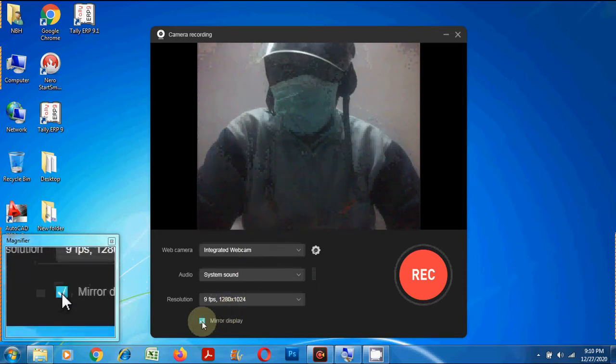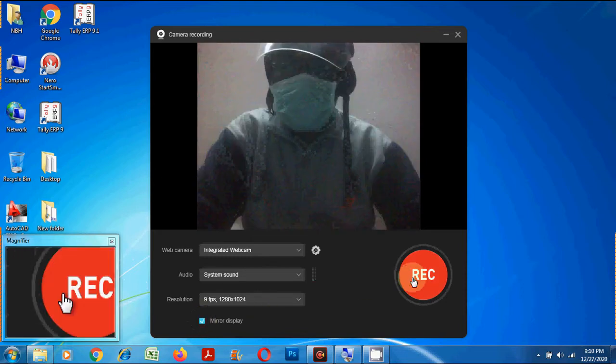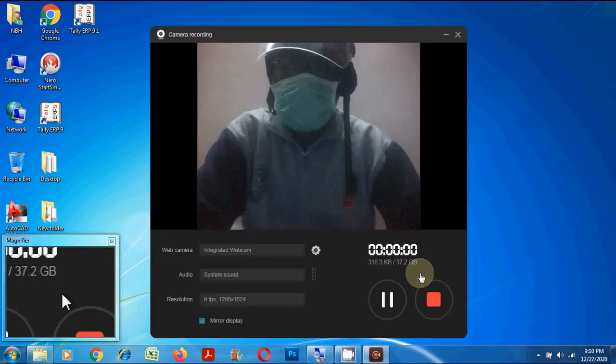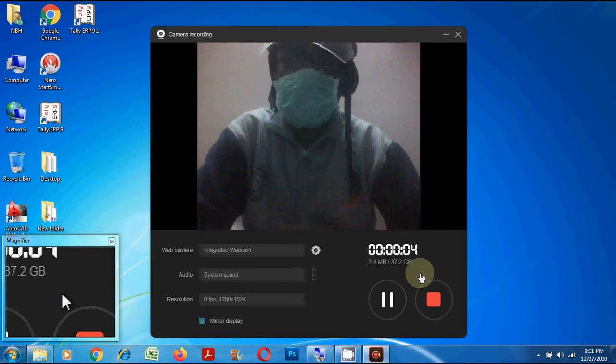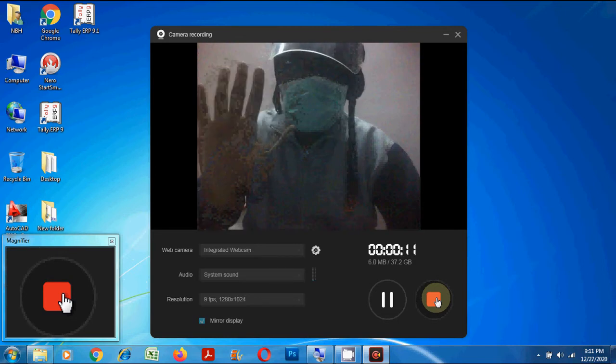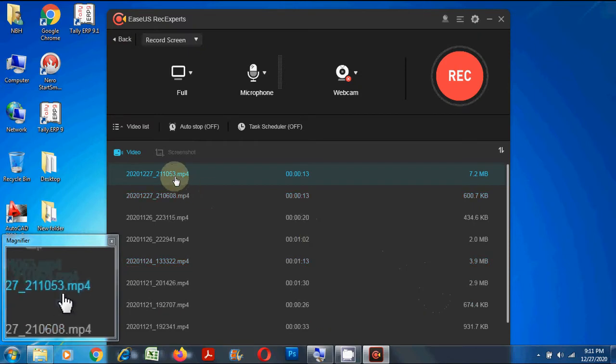You might choose whether to mirror the display. Then click on the record button. This records only your webcam. Then you can click on the stop button to stop the recording process.